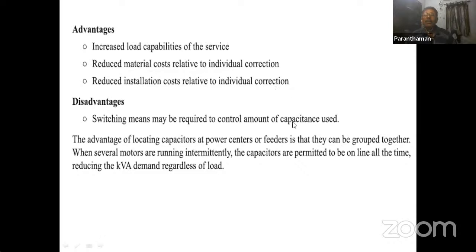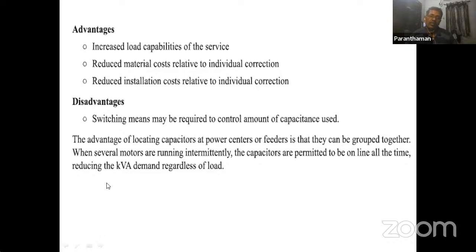But in a motor, we just saw when switching on a motor, the capacitor will come into service. When we switch it off, the capacitor will get cut out. But here it is not so. We have to keep one separate switch for the capacitor. Switching means may be required to control